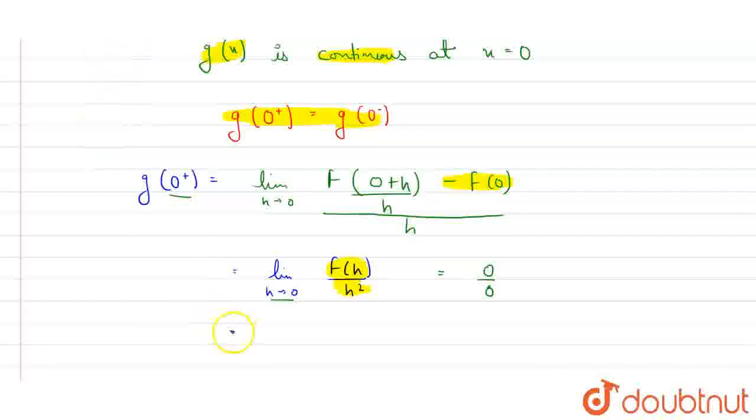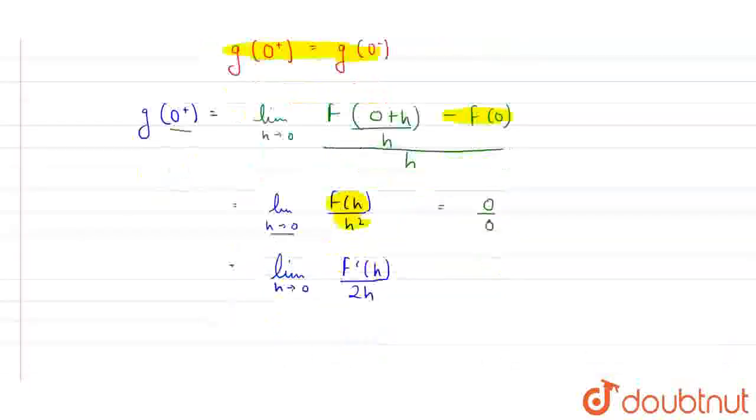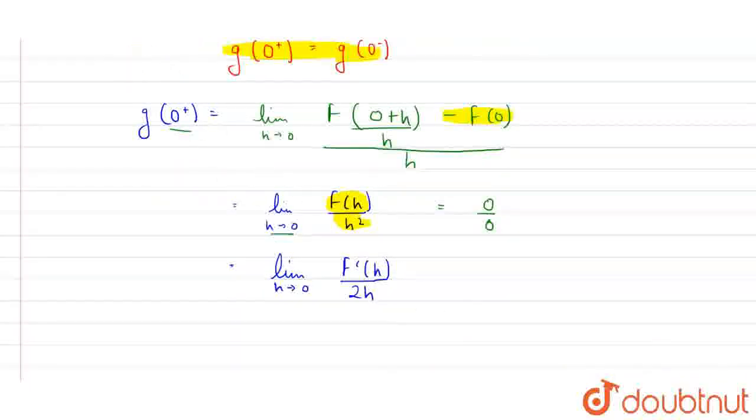I'll use it here. So using that rule, what I can conclude here, limit h tends to 0, I can write it as f dash of h over twice of h. Using that rule I can rewrite this as this. Now again if I put h equals to 0 here, I'll get 0 by 0. It is again not defined, so let's use this rule again. On using L'Hopital rule again, I'll get limit h tends to 0 f double dash of h by